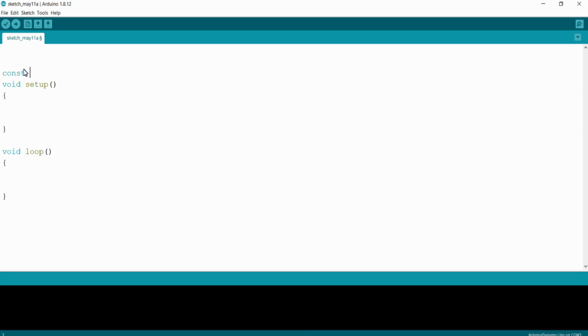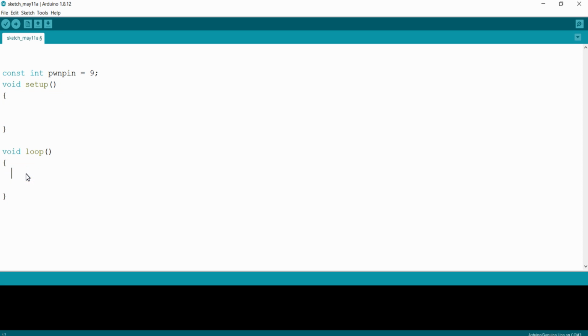So const int PWM pin equal to 9. I have given the name PWM pin to digital pin 9. And then you need not configure this pin, so void setup is not used in this program.